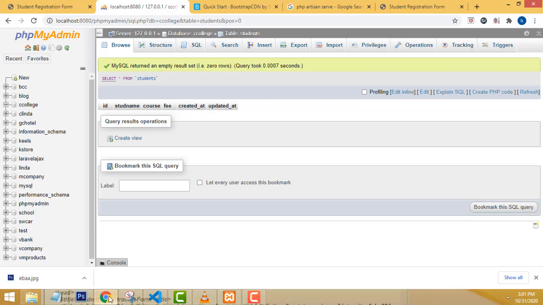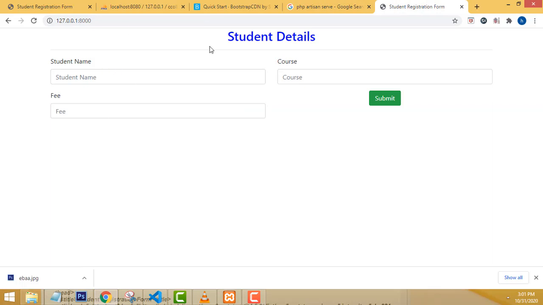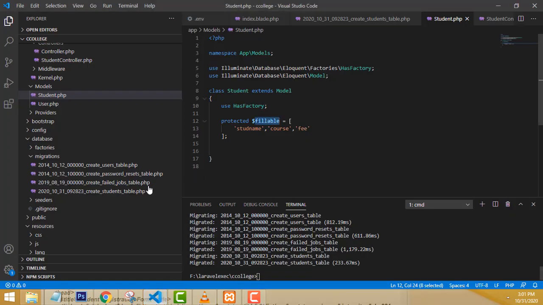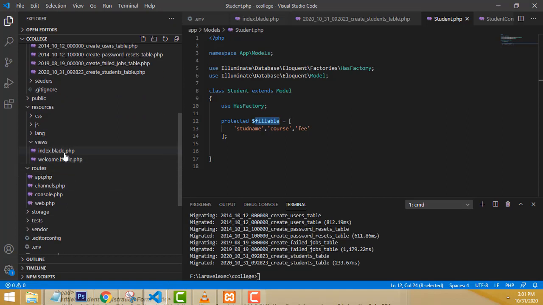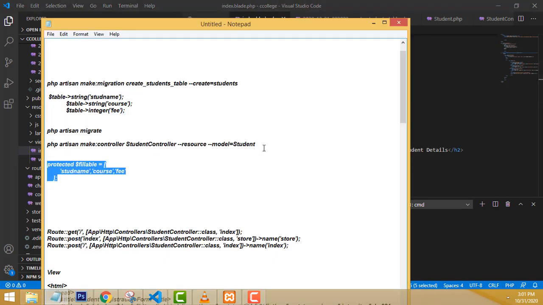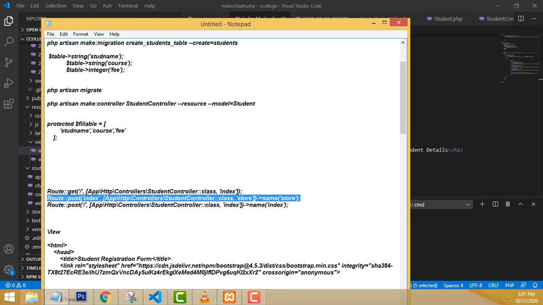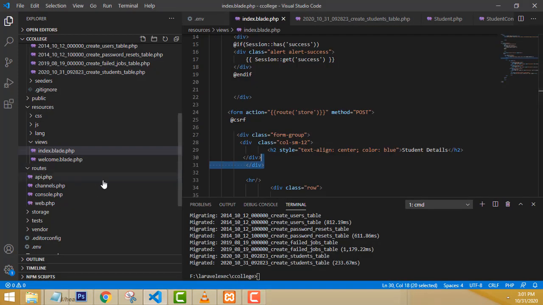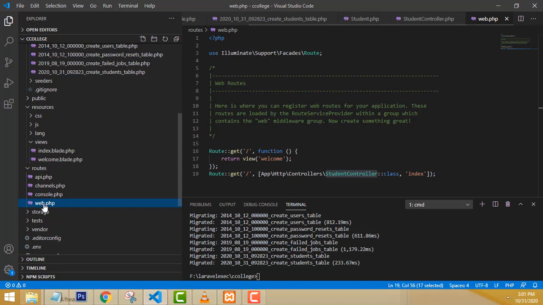Okay. Now you have already done the registration form, right? After that, if you fill the form and click the submit button, what happens? Let's come to the form view page. It goes to the route store method. Route store method means we have to create another route. So this is the route store method. I press Control C to copy, paste into my web.php. Here I paste it and explain it, right?